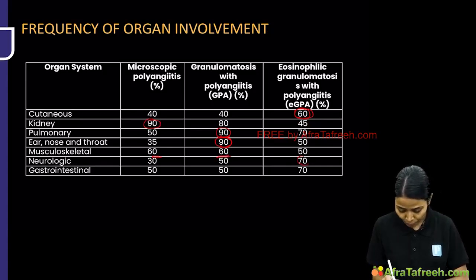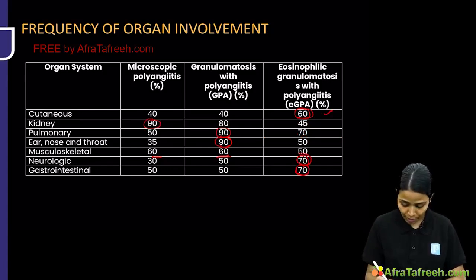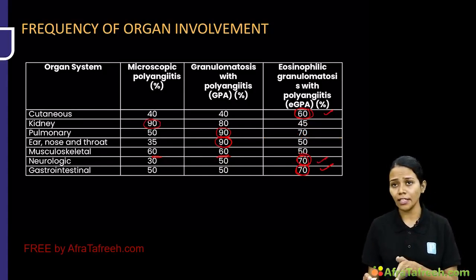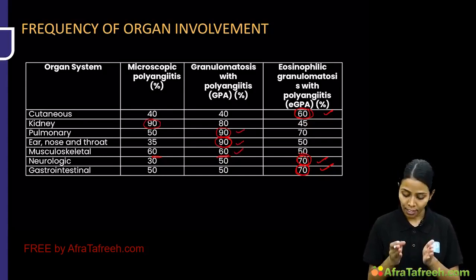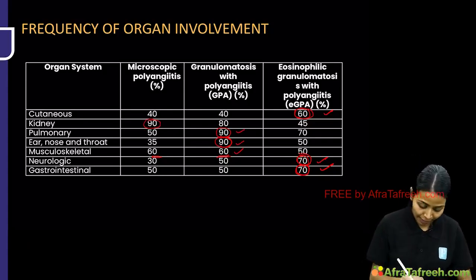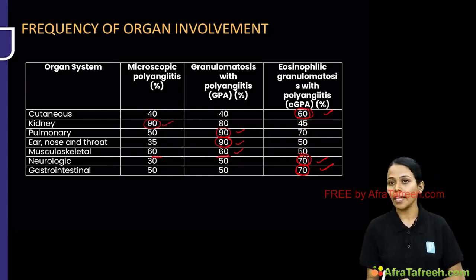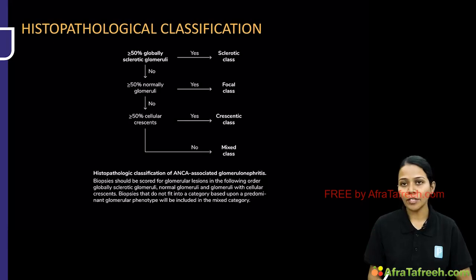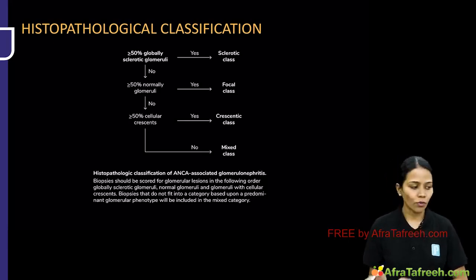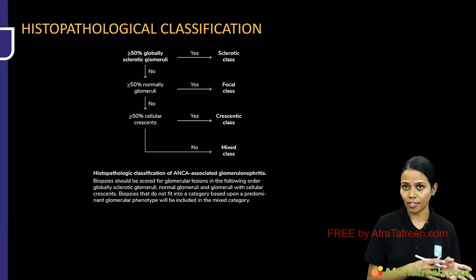Neurologic manifestation is more in EGPA. Gastrointestinal manifestations are more in EGPA. So if you see, cutaneous, neurologic and gastrointestinal manifestations are more common in EGPA or Churg-Strauss. Pulmonary, ENT and musculoskeletal are more common in GPA or Wegener's, and kidney involvement is more common in MPA or microscopic polyangiitis, okay? Now coming to the histopathology classification, this also we had discussed in the previous section, that is